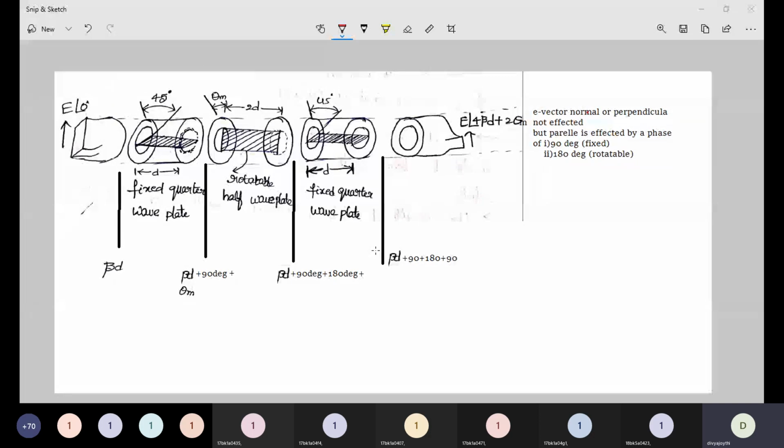So if these plates were not there, then the output signal is going to have a phase shift of e to the power of angle of 4 beta d. As each and every waveguide contains these dielectric plates, the output signal is going to have a phase shift of e to the power of angle of 4 beta d plus 2 theta m. So the output remains vertically polarized, so it can be concluded that the phase shifter is lossless and reflectionless for any positions of the rotary sections. So this is all about this rotary vane phase shifter.